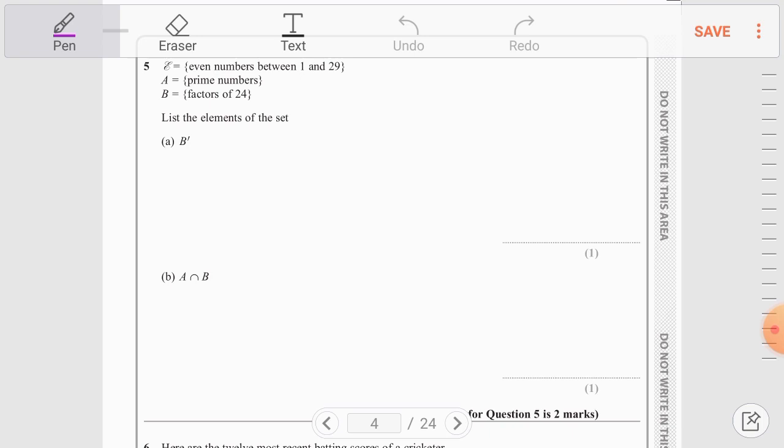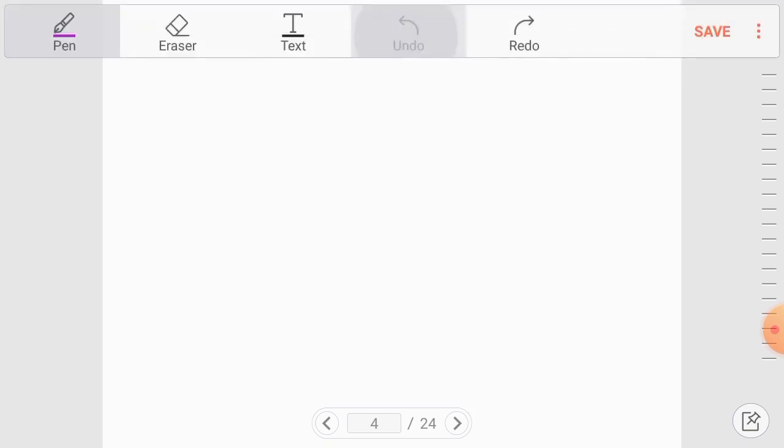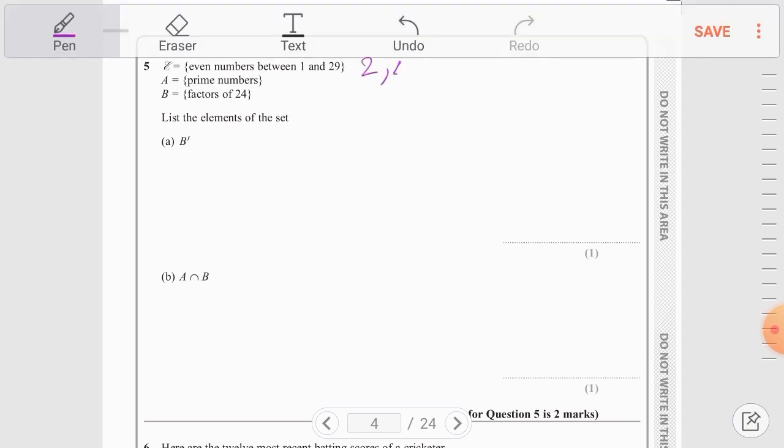Universal sets is all the even numbers between 1 to 29. So let's write all the even numbers between 1 to 29. That are 2, 4, 6, 8, 10, 12, 14, 16, 18, 20, 22, 24, 26, 28. So these are all the even numbers between 1 to 29, and the set A is all the